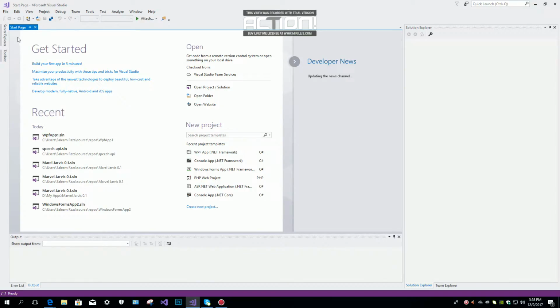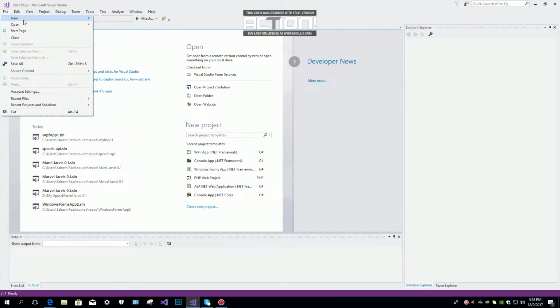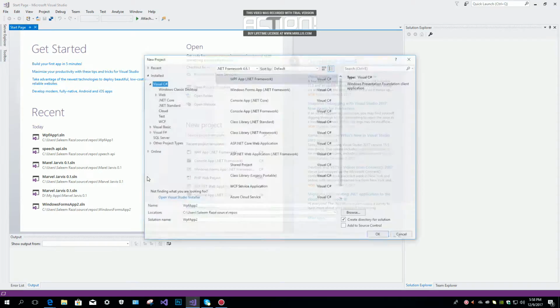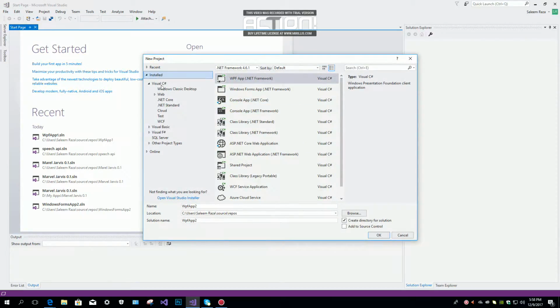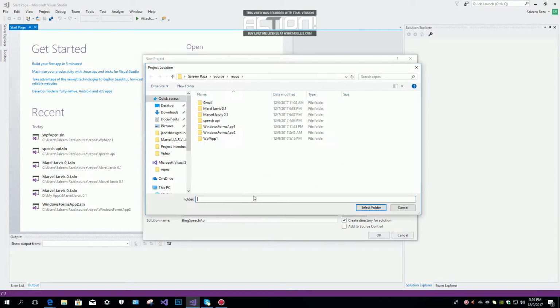and then we are going to create a new project. Then in the installation tab, click on Visual C# and then WPF application, .NET Framework. Afterward we are going to give it a name. I will call it Bing Speech API,